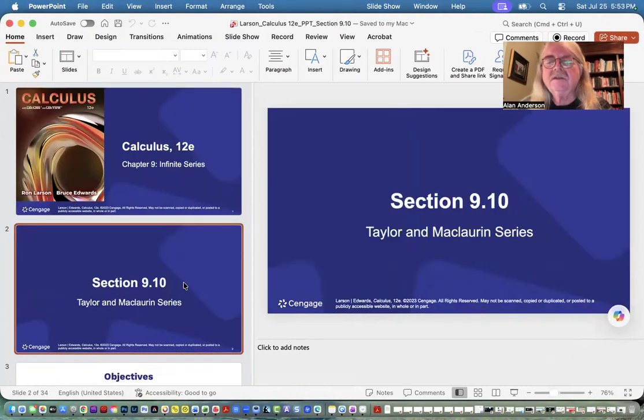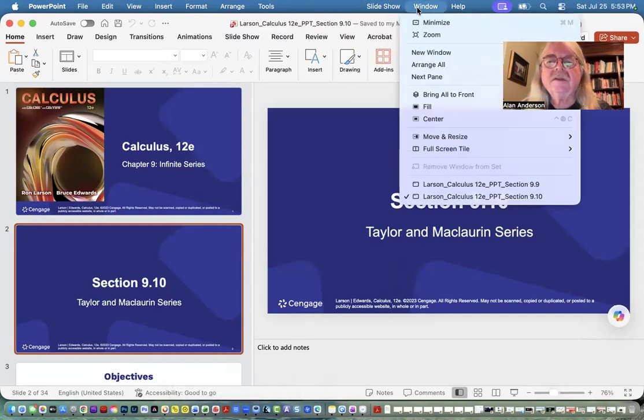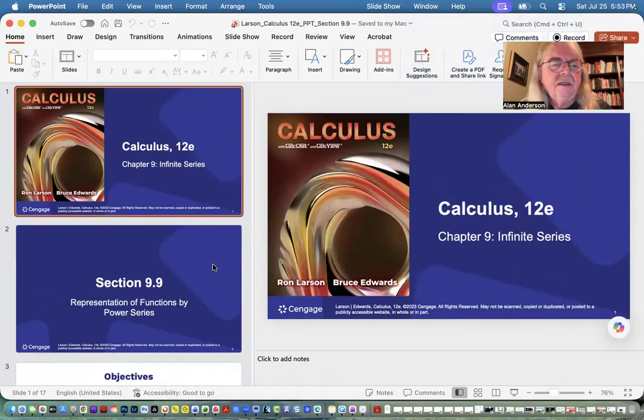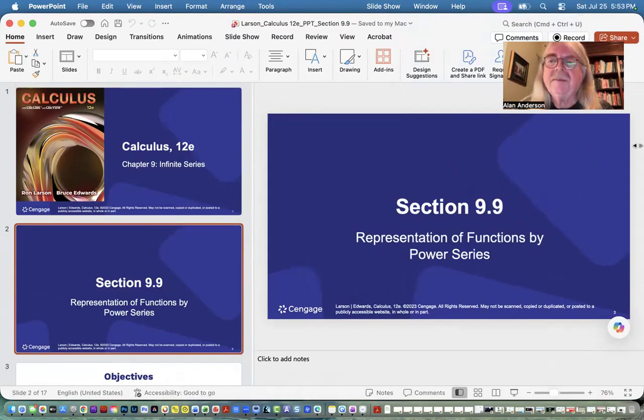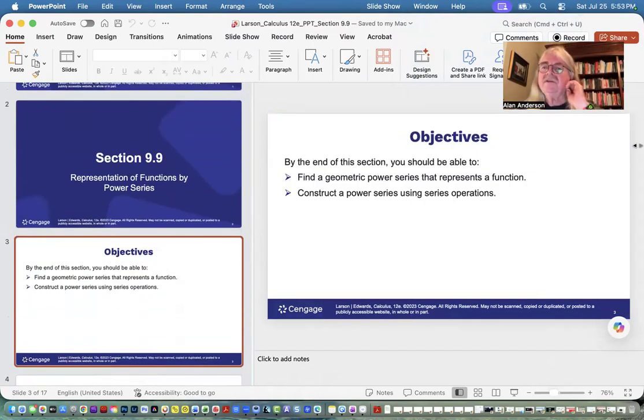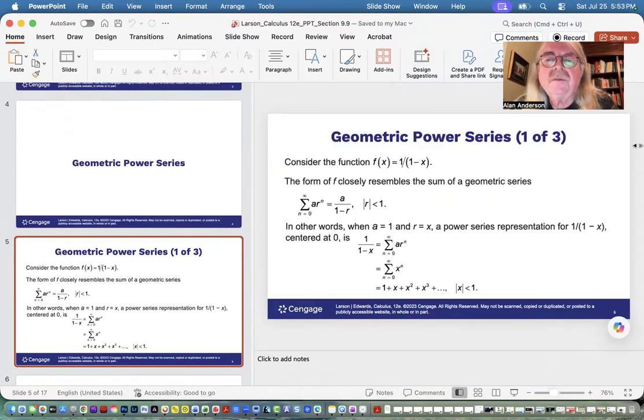No, this is the one that I said you're going to get a lot of use out of. 9-9, I forgot what the title is. Oh, how to represent a function by a power series. Okay, so this is something else you may run into. And certain results will be much easier if you're able to do this properly. Some of these results show up quite often in certain disciplines like finance, for example. This could help us figure out how rapidly money grows in a bank account and that kind of thing. So a function that looks like this,